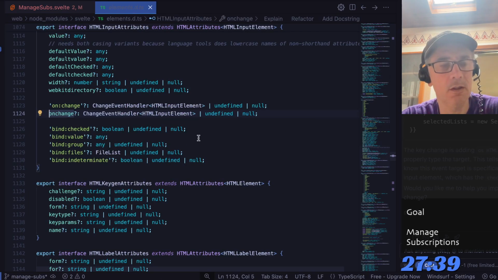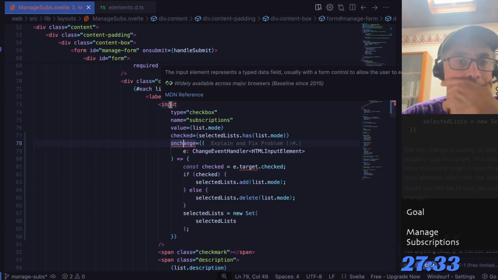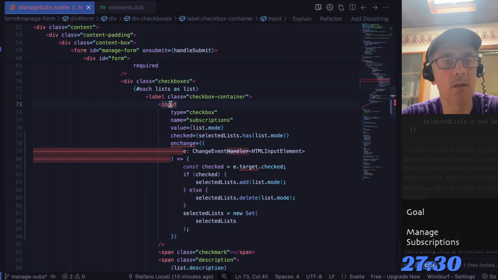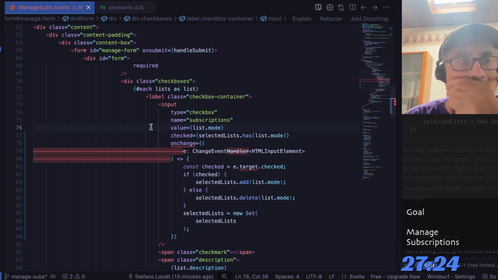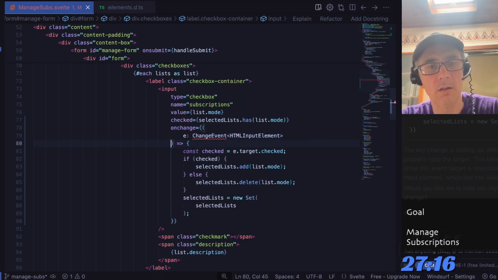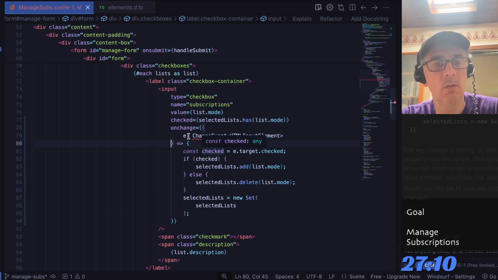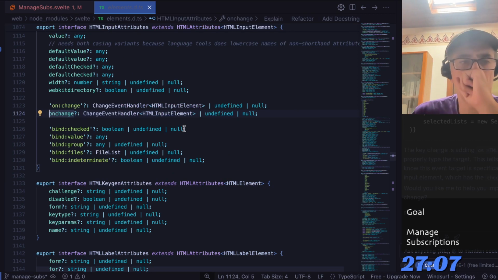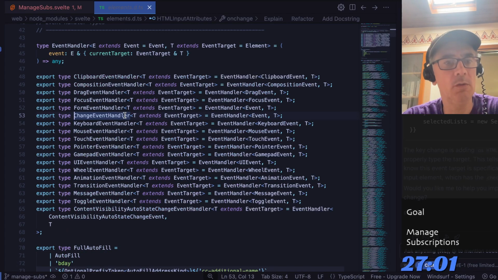On change, this is the input from Svelte, isn't it? No, this is the input from HTML. But change event. Why am I getting so confused? It says on change is a change event handler, which should define the type of the function. However,